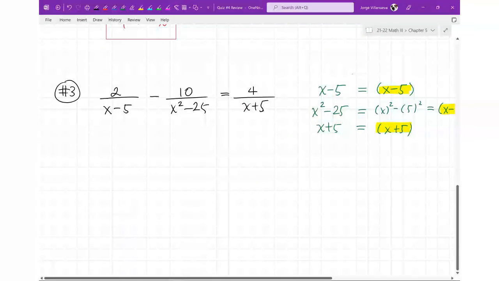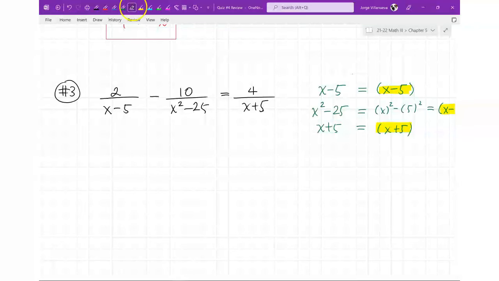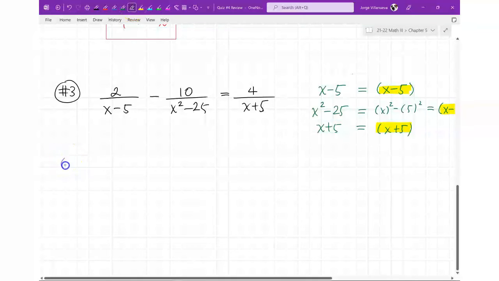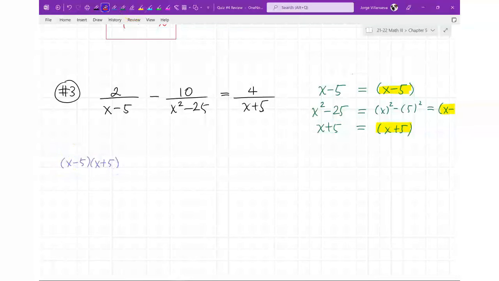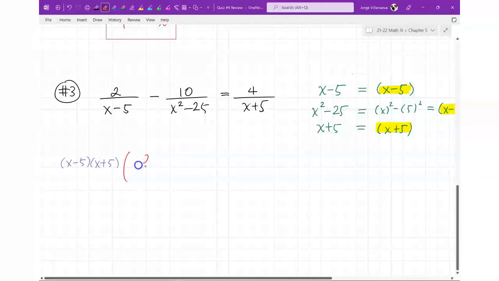And the reason why we factor is because if I leave it x squared minus 25, then notice I won't be able to cancel anything in the first fraction or second because you're not going to see it. So I'd rather write it out factored. So here we go. X minus 5, x plus 5. This is my least favorite part of these problems because it takes forever to write them out. 2 over x minus 5 minus x minus 5, x plus 5